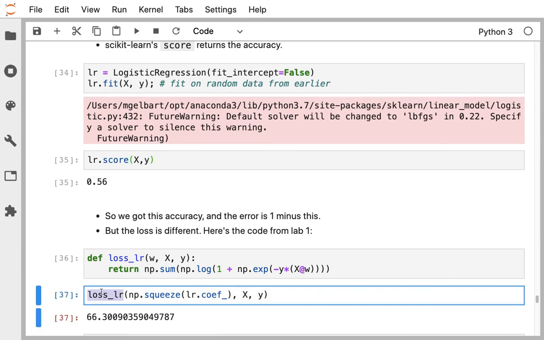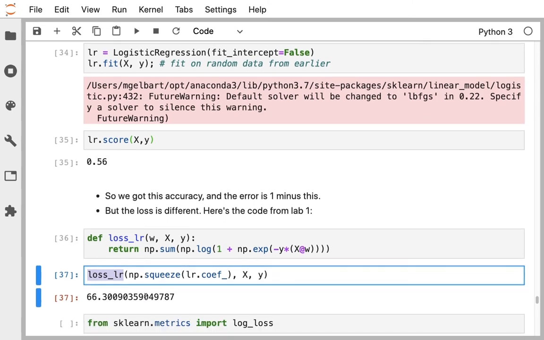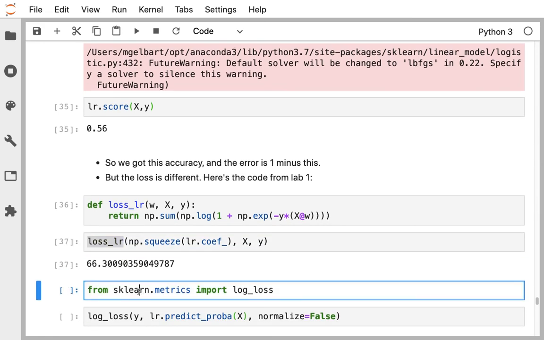So this loss, on the other hand, if you change W a little bit, it changes a little bit. And we could even do that experiment. You could even take W, just change it a tiny bit, and you'll see you'll get the same score, but a slightly different loss. Okay,